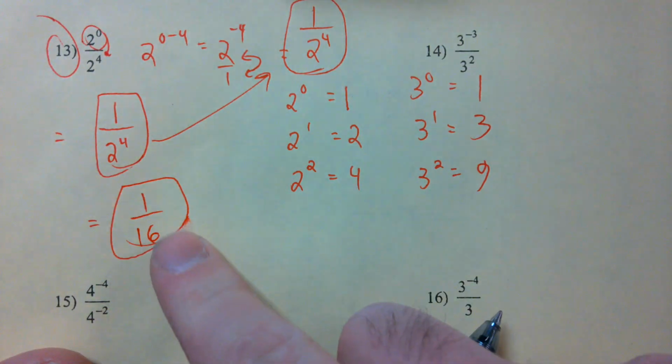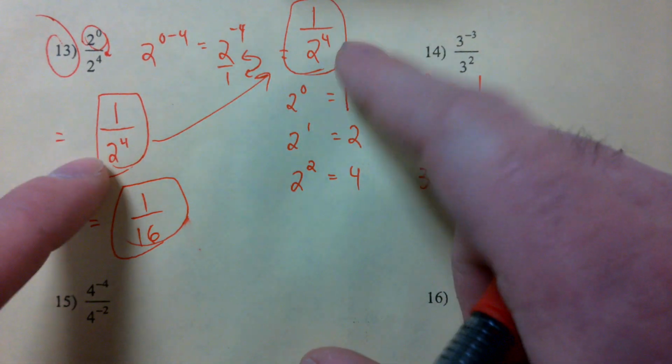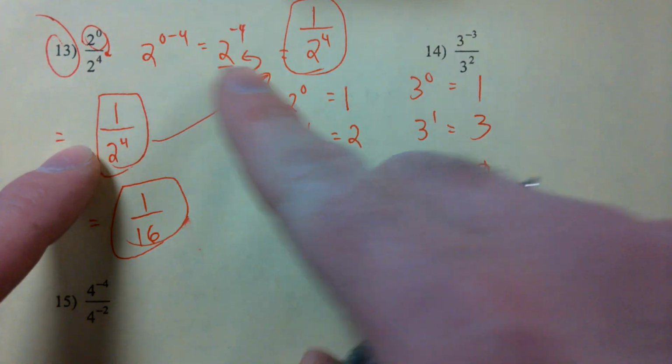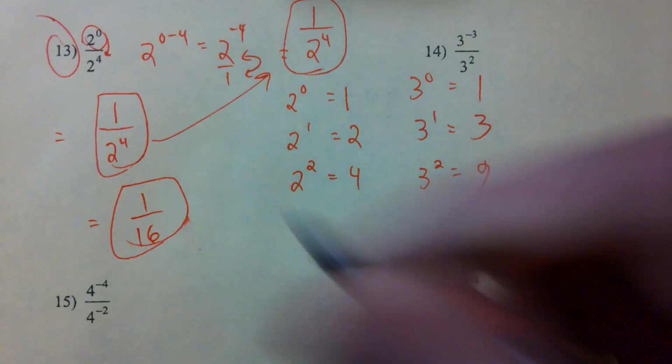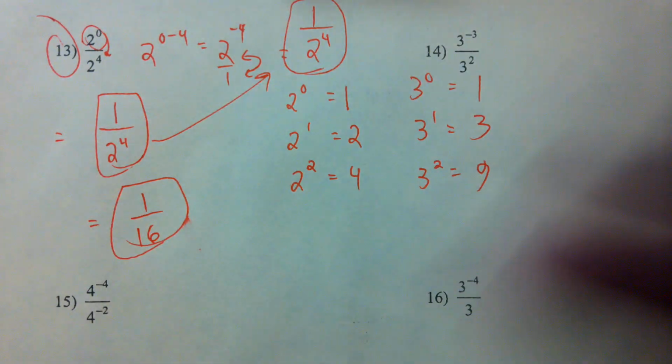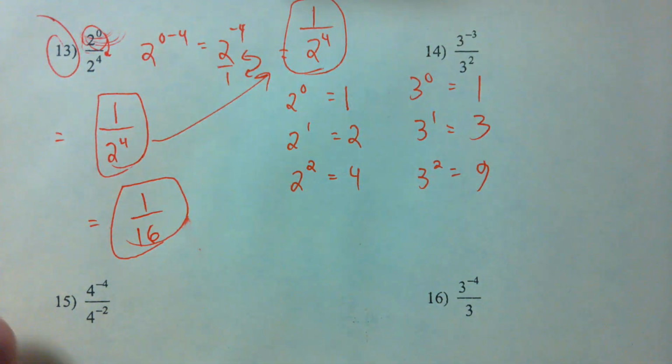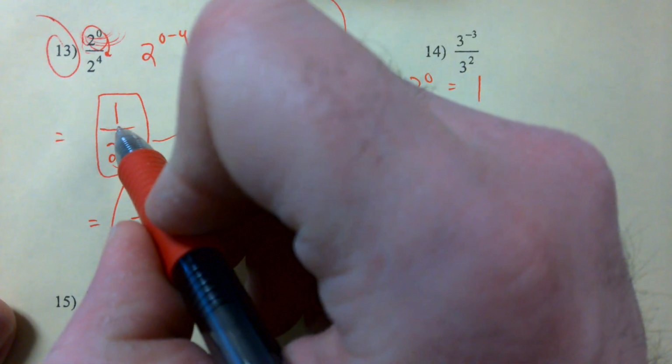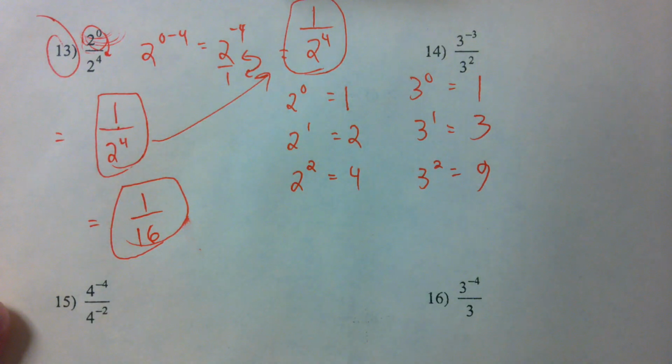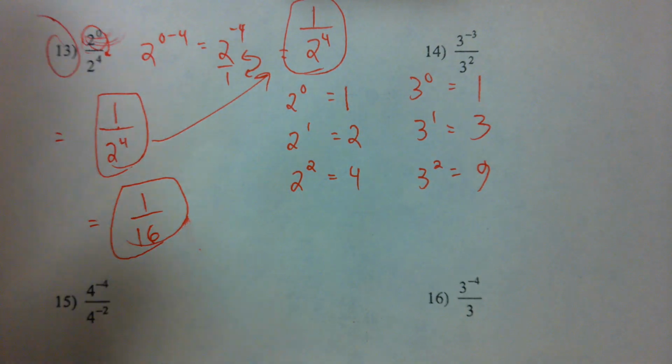16. So this is our real final answer, but I wanted to show you that by doing the quote-unquote shortcuts that we learned, it actually ends up being a longer process than if we just use our intuition and go, hey, I could simplify 2 to the 0th power. That gives me 1. Now I don't have to deal with those negative exponents at all. Any other questions on 64? Pretty straightforward, right? Good. If you're all done with 64,